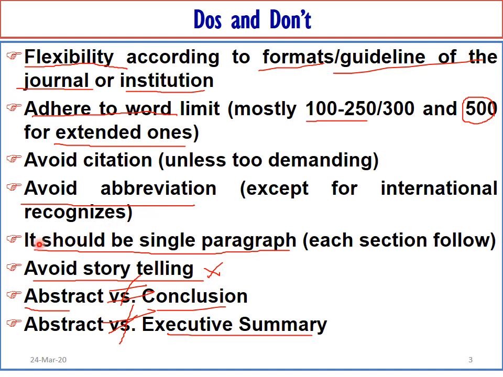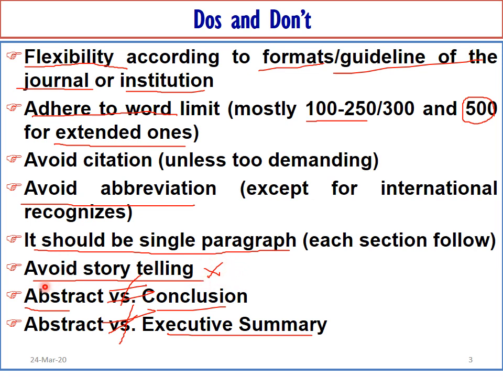Another thing is that an abstract, under normal situations, is a single paragraph. All the information should be phrased in a single paragraph, except when there are other guidelines or formalities directed by a particular journal. And while writing the abstract, we should avoid storytelling. Rather, we should go directly to the point of interest. Story writing is not